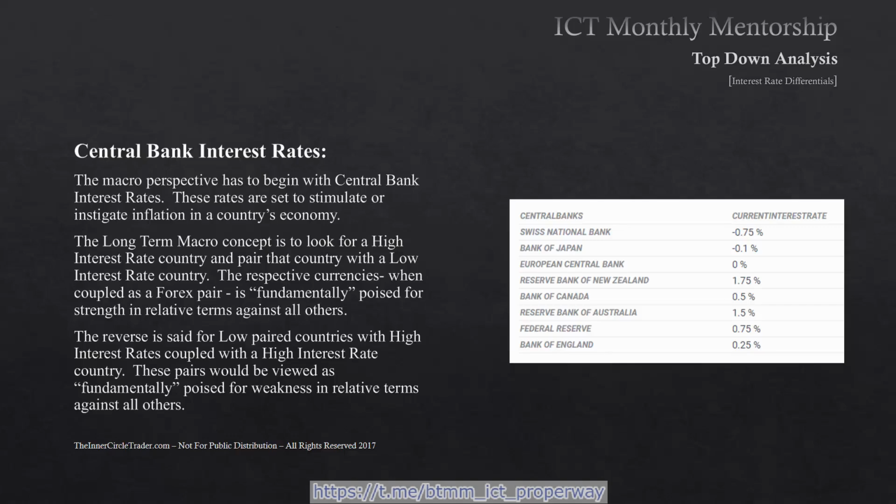And basically what you're going to do is simply look for a currency or country, in this case, that has a high interest rate. As you see here, the highest on this list is the Reserve Bank of New Zealand. The second in the high end would be the Reserve Bank of Australia. And obviously the low end would be the Bank of Japan, the Swiss bank and the European Central Bank